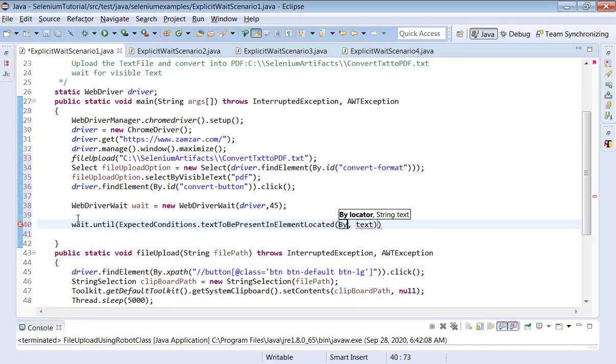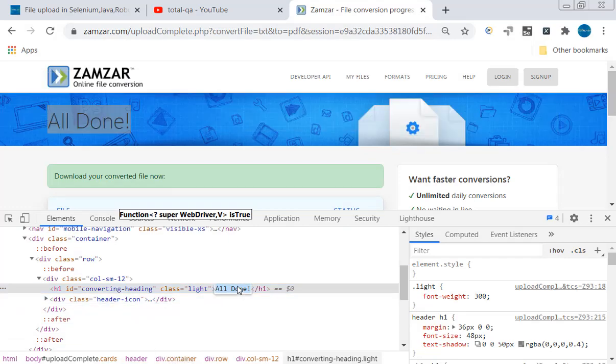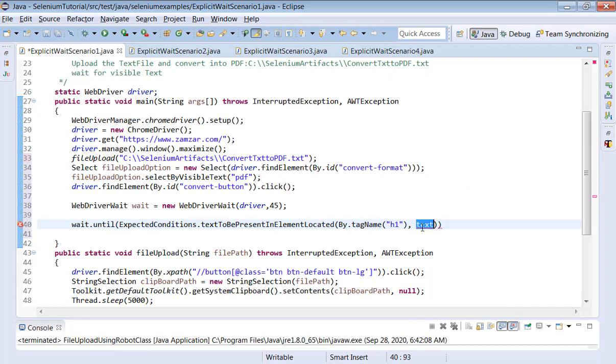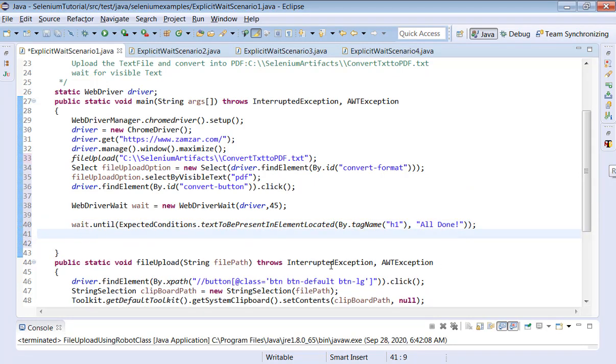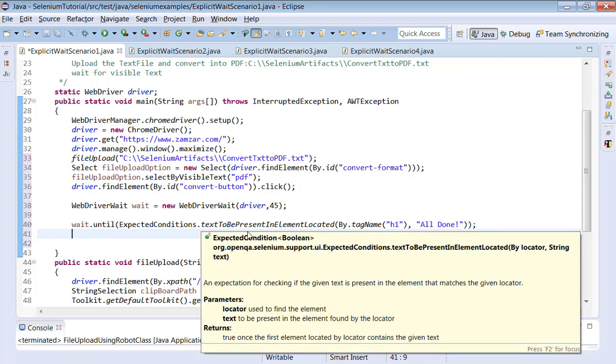What is the locator? By.tagName H1. And what is the text we can see here? The text we can see here is all done. Copy this information, then try to put it in the Eclipse. That's it.